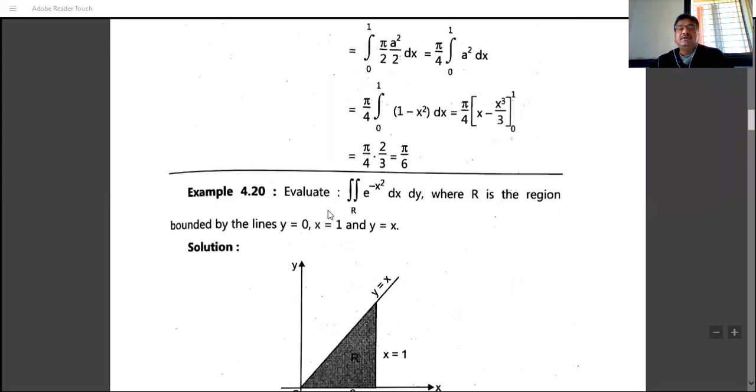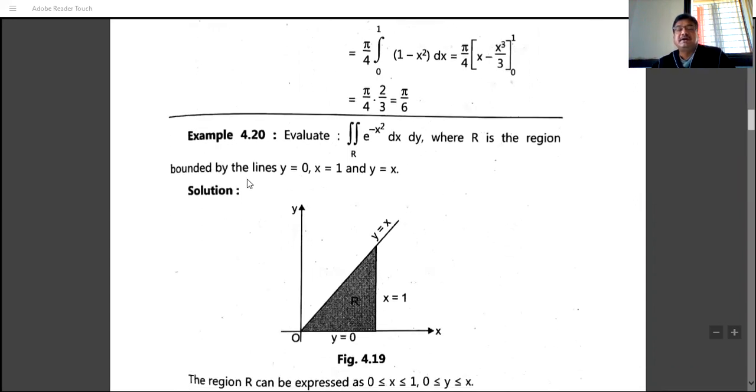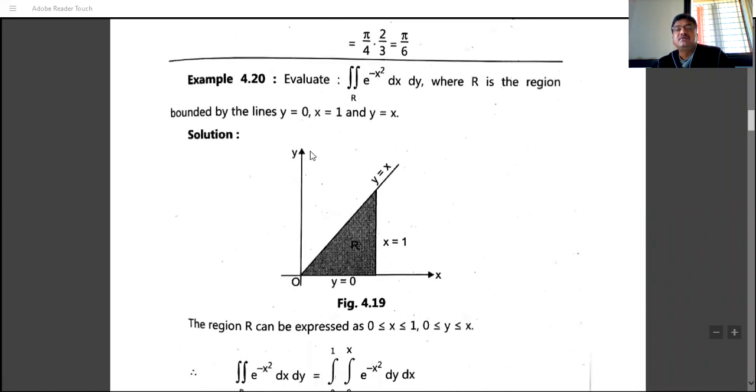Next example, evaluate the double integration over R of e raised to minus x square dx dy, where R is the region bounded by the lines y is equal to 0, x is equal to 1, and y is equal to x. So y is equal to 0 means the x-axis. x is equal to 1 is the line parallel to the y-axis at a distance 1 from the origin. And y is equal to x is the line that divides